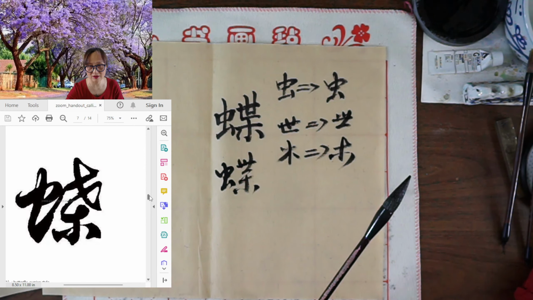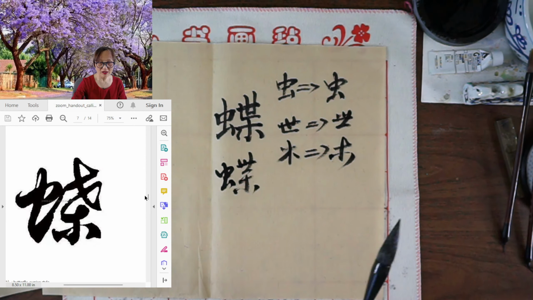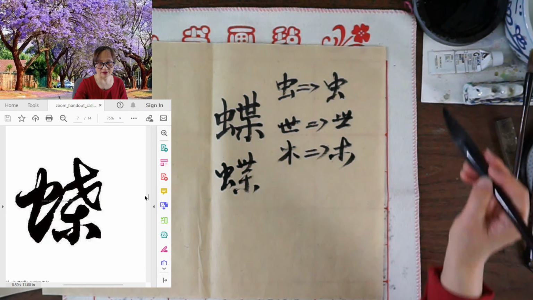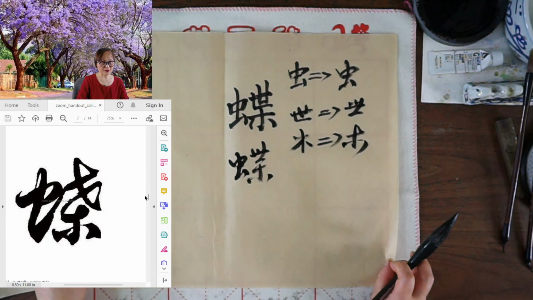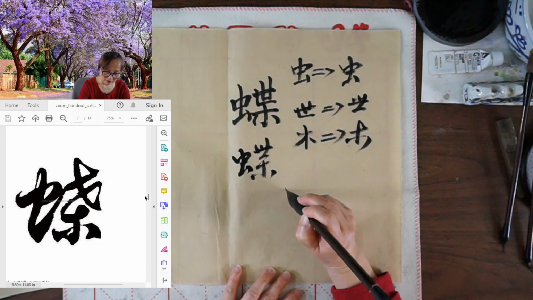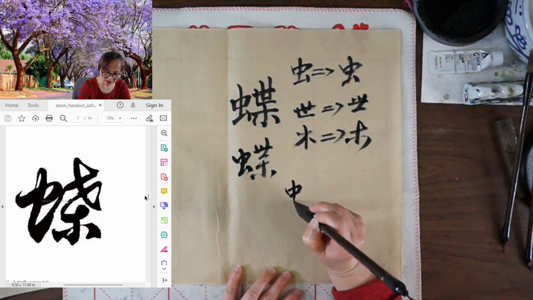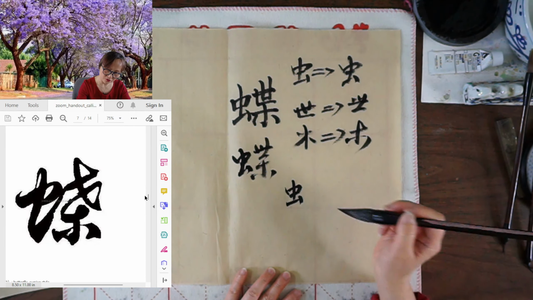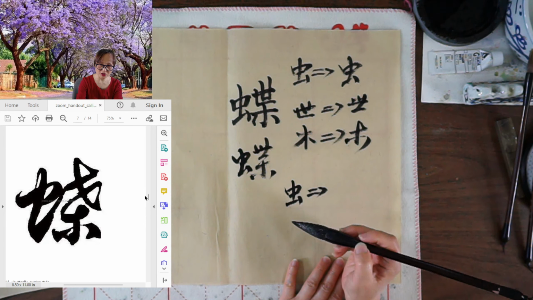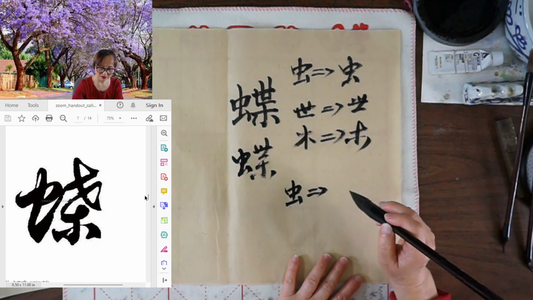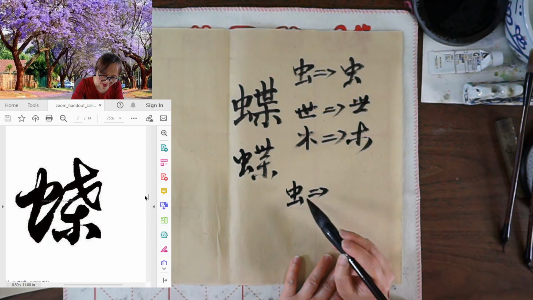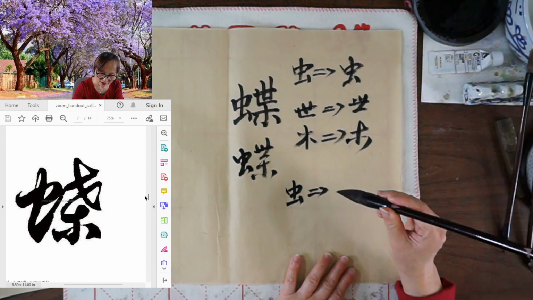There is a lot of change in the cursive style, but we will find kind of the same rules in other characters. The main change, I think, is the insect part. Insect part does not change that much. From this to this, the box, the mouth, the box square part becomes really one stroke, and this becomes very connected, with no very obvious dot, just going to another one. So it totally becomes